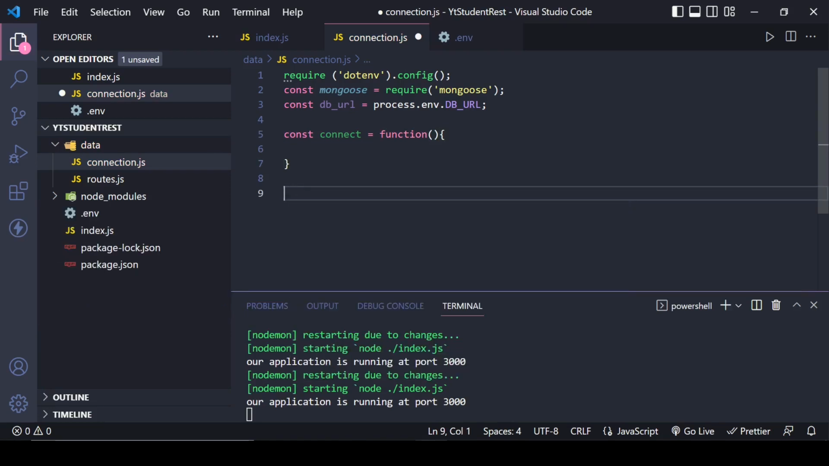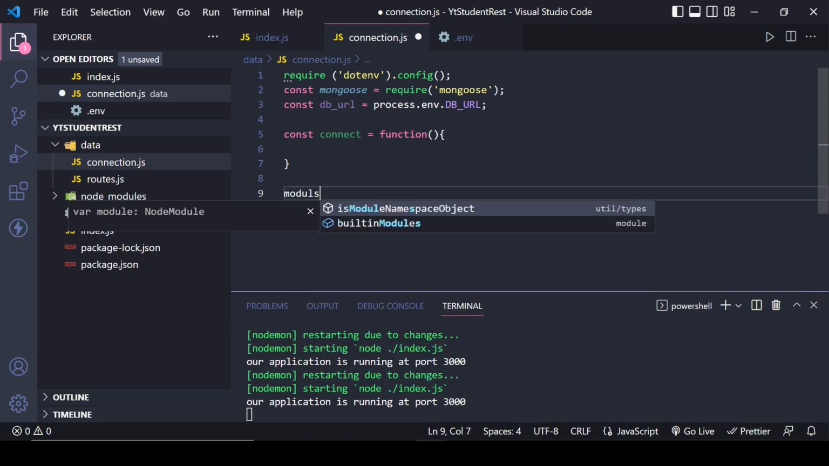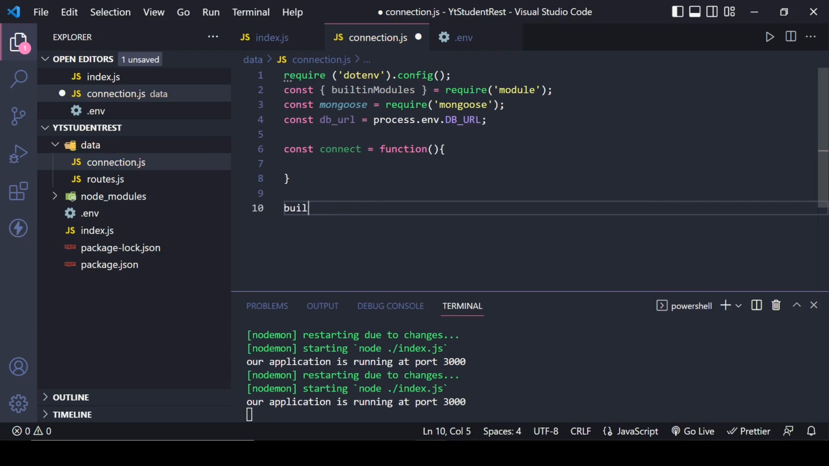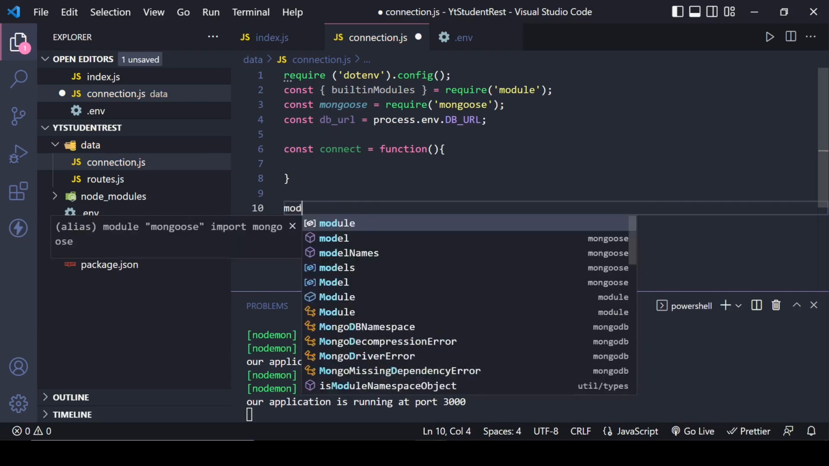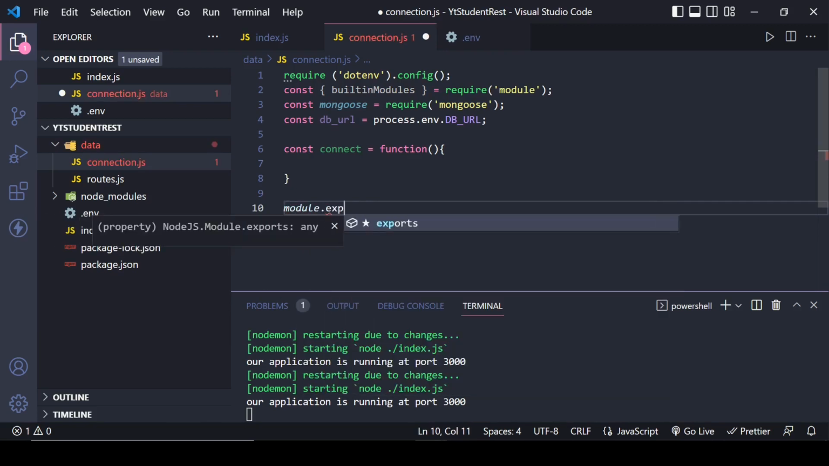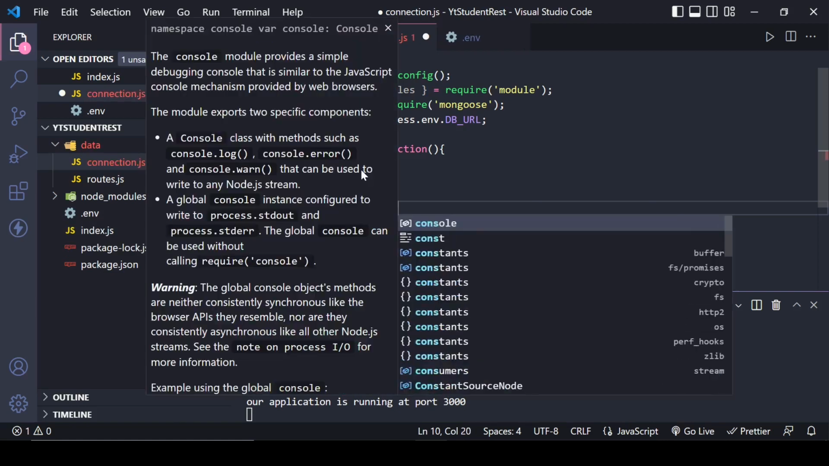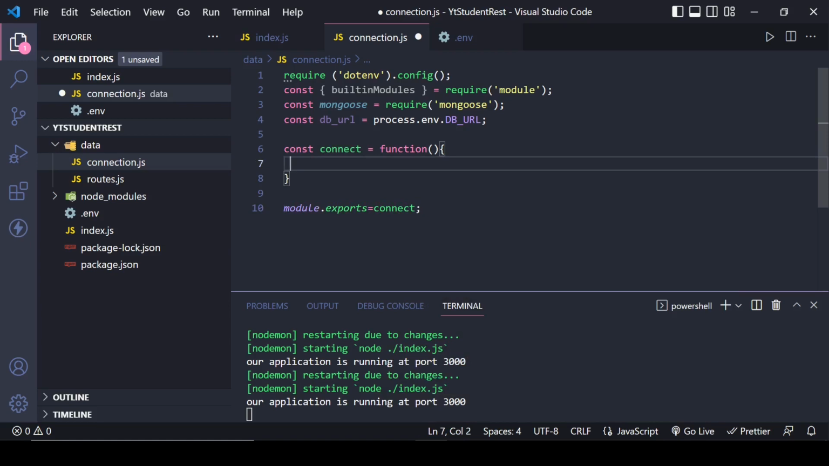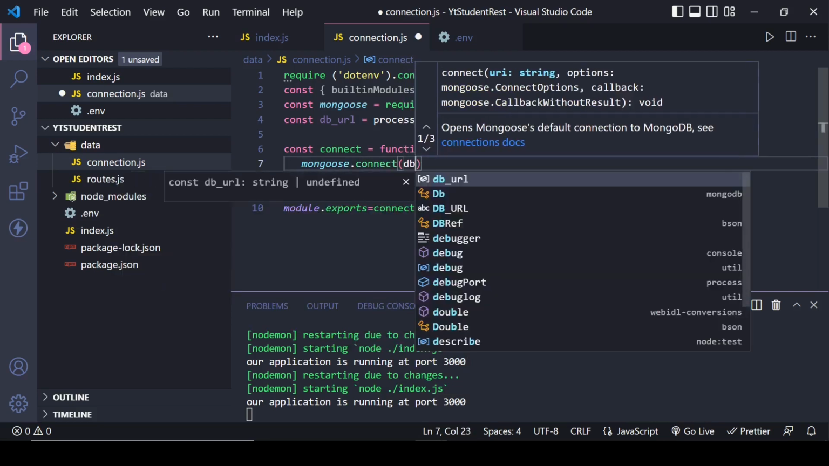Here, module.exports equals to connect. So here inside that function let's write some code for database connectivity. mongoose.connect, db url,